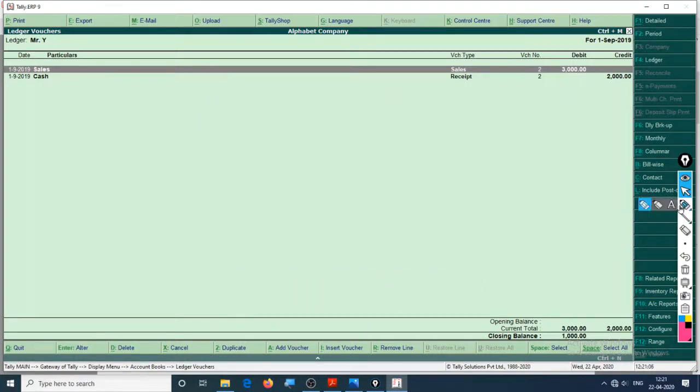And this is the ledger of Mr. Y right here, Mr. Y's account. And as you can see, we have made sales to Mr. Y rupees 3000 and receipt right here, 3000, 2000, and right here you can see the closing balance, which is rupees 1000, and this also is in the debit column.